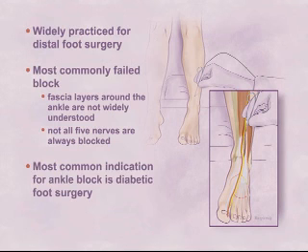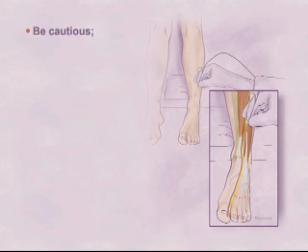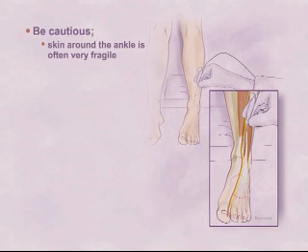The most common indication for ankle block is diabetic foot surgery. Practitioners should be cautious of A. The skin around the ankle of these patients is often very fragile, and ankle blocks often lead to skin necrosis. And B. These patients often have neuropathy that gives the anesthesiologist a false positive sense of his or her success with this block, until he or she attempts an ankle block for bunion surgery or rheumatoid arthritis surgery on a